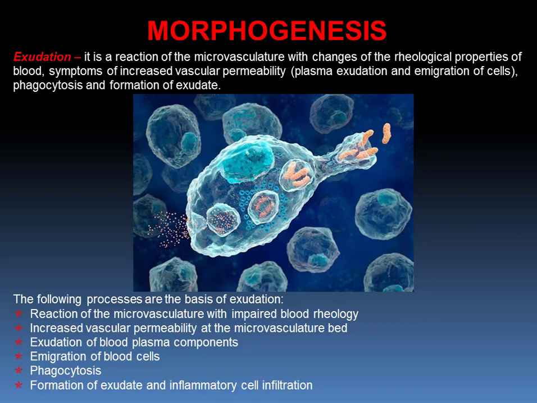Exudate usually contains inflammatory cells and accumulates in the cavities, like cavity of the bronchus, pleural cavity, lumen of GIT, and so on. When we are speaking about inflammatory infiltrate, it is usually accumulation of cells not in the cavity but in the tissues. For example, accumulation of cells in the interalveolar septa, accumulation of the cells in the wall of bronchus, in the wall of organs of GIT, in the liver parenchyma, and so on.